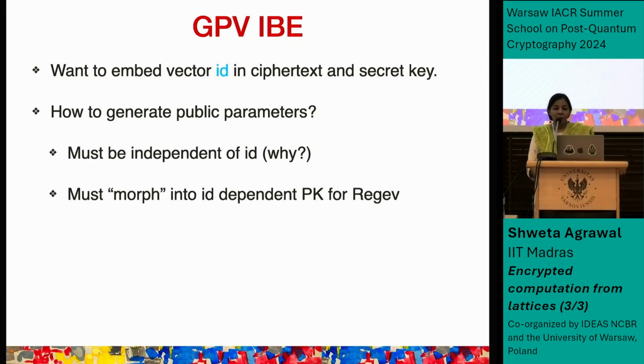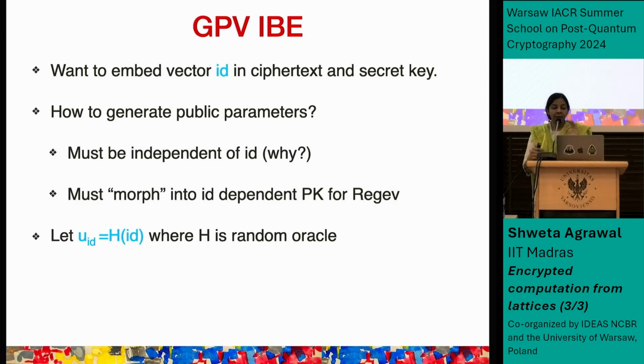And obviously, I have to generate public parameters independently of ID. We already talked about this. But we should then later somehow be able to morph the encryption into something that is ID dependent. So the idea is that we're going to continue to do Regev encryption all throughout. In all the IBEs, ABEs, in everything that we see, we just do Regev encryption. What we work harder on now is getting this dependence on ID with all the properties that we want.